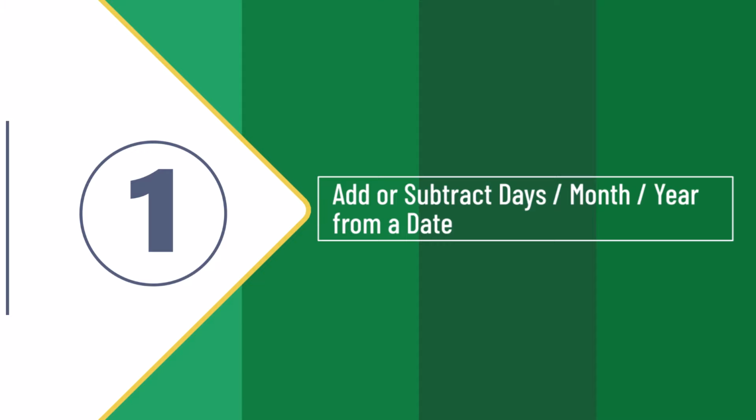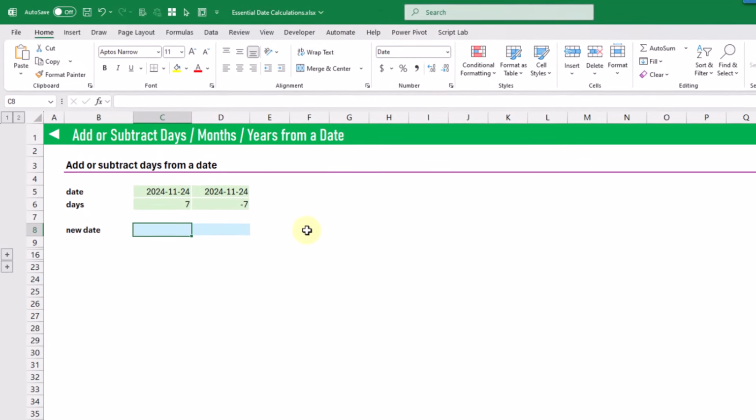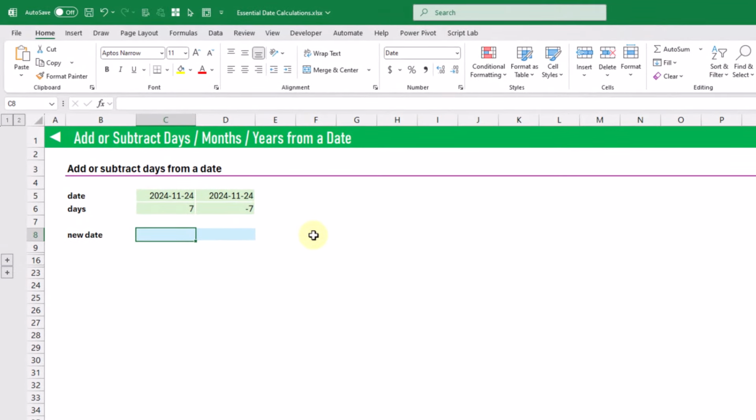months, or years to a date. So first up, let's take a look at adding or subtracting days to a date. And this is a really easy calculation because of our dates being serial numbers and each day being an integer. So all we need to do is add the number of days or subtract the number of days from our date. So here we've got a date, and if we want to add 7 days to that, then all we